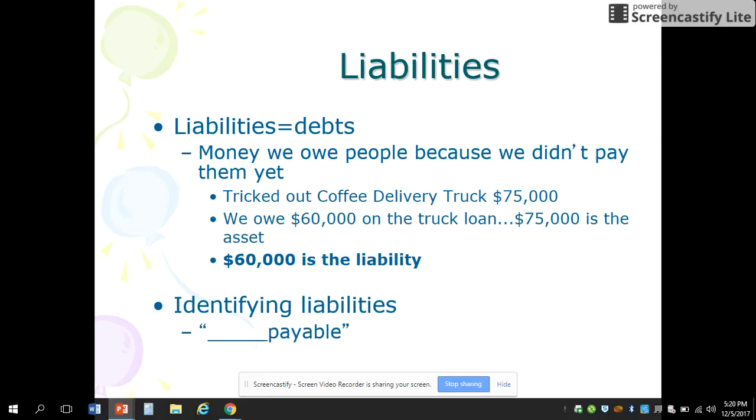So when we start looking at different types of accounts and we start actually doing accounting, anything that says "blank payable" identifies the account as a liability. So accounts payable could mean that you owe money to your employees. Your employees work for you every single day, but you only pay them every 2 weeks. So technically, your liability there is your employees' salary, and that will go into